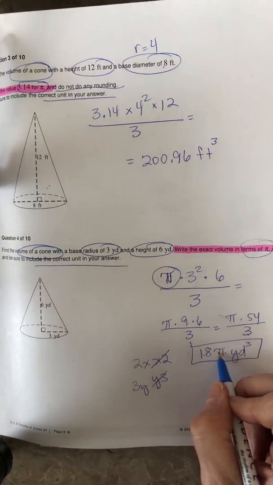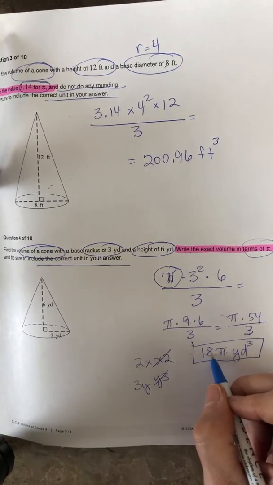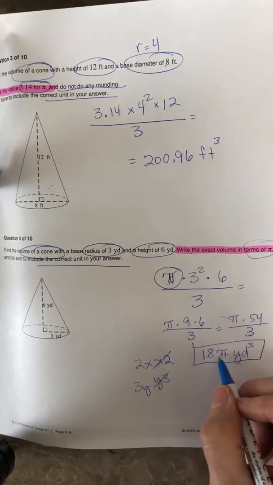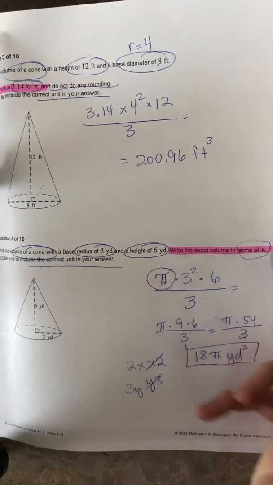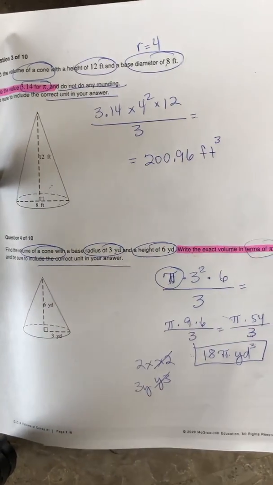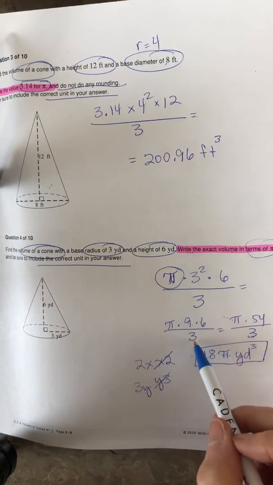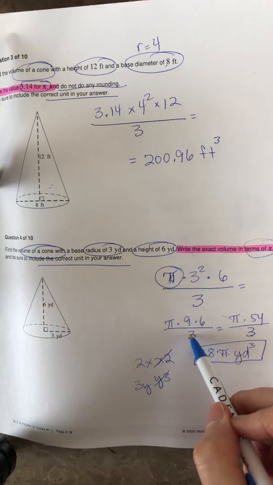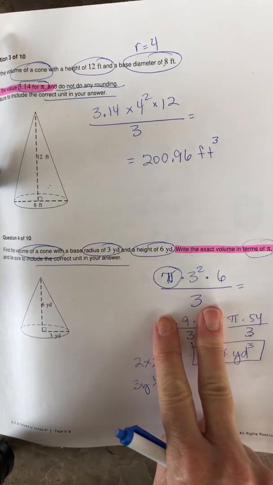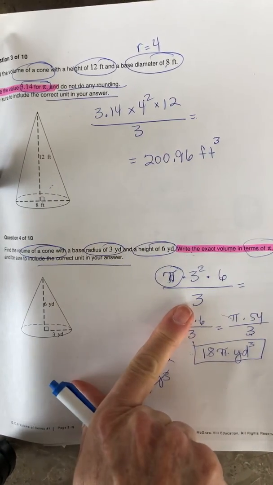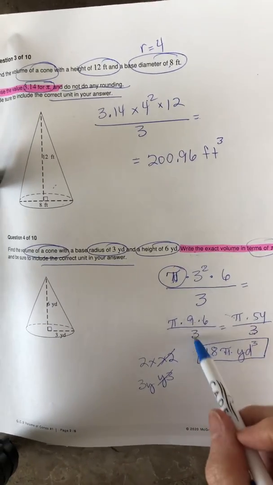If I wanted to round this, I could multiply 3.14 times 18 and actually have a decimal as an answer. Okay, so the big thing here is exact volume in terms of pi. Anything in terms of pi, you get to leave the pi. Did anyone of you see when I had this here that, hey, isn't 9 divided by 3, 3? If I just covered that up, can you just see that? Or doesn't 6 divided by 3 equal 2? Yes, it does. So you can cancel,